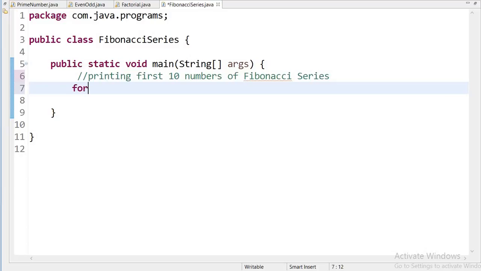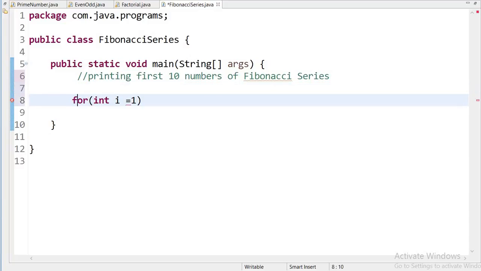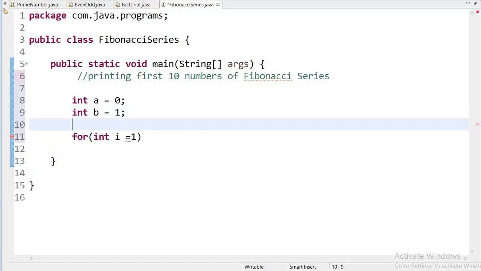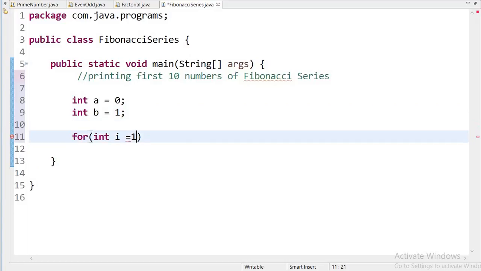Here I will use a for loop, and it will start from 1, int i is equal to 1, and as you know we have to declare two variables first, before starting to write the program. Int a is equal to 0 and int b, we can give any name, is equal to 1, and the for loop will start from int i is equal to 1, and we have to print 10 numbers, so it will go up to 10,